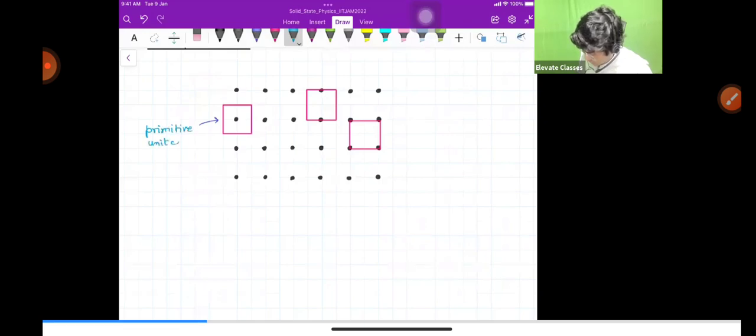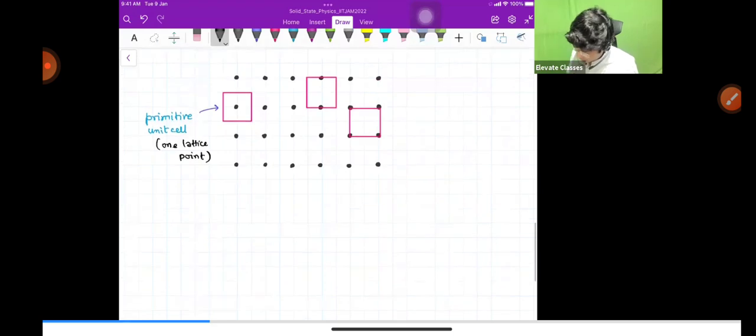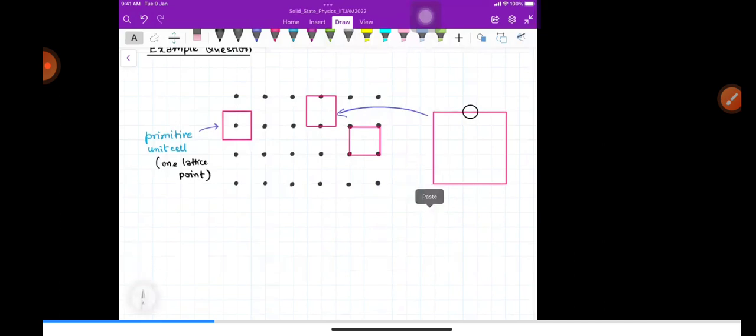प्रिमिटिव यूनिट सेल, ऑलराइट। तो यहाँ पे 1 लैटिस पॉइंट दिख रहा है हमें। नाउ लैटिस पॉइंट को हम 2D में एक सर्कल की तरह लेंगे, और 3D में एक स्मॉल स्फीयर की तरह लेंगे। अगर हम स्ट्रक्चर को थोड़ा जूम इन कर लें, तो हमें ऐसा कुछ दिखेगा। ये जो डॉट्स हैं, एक ऐसा है और एक ऐसा है।